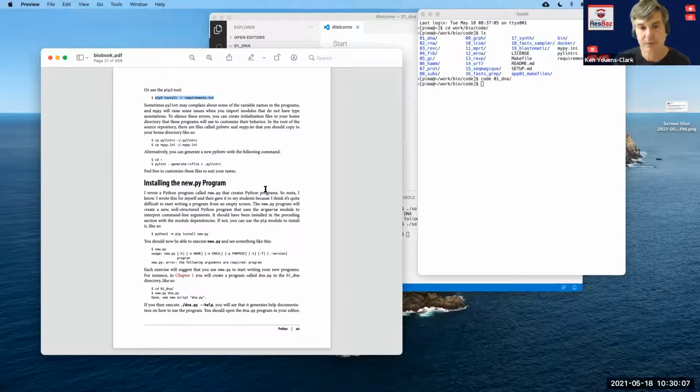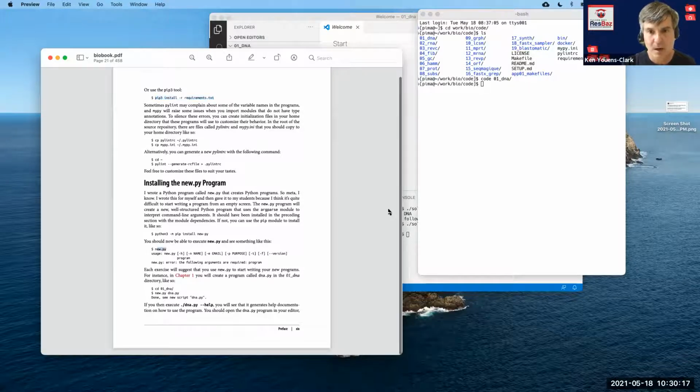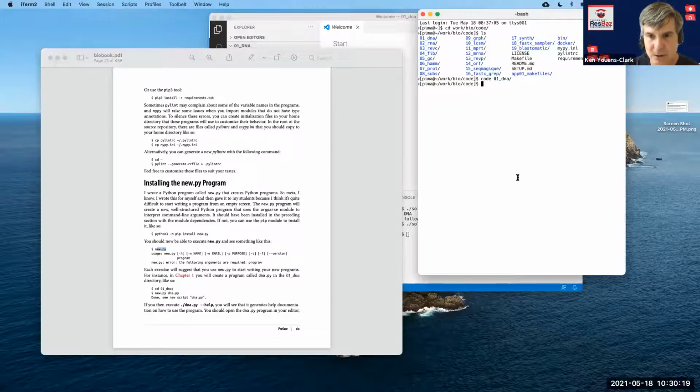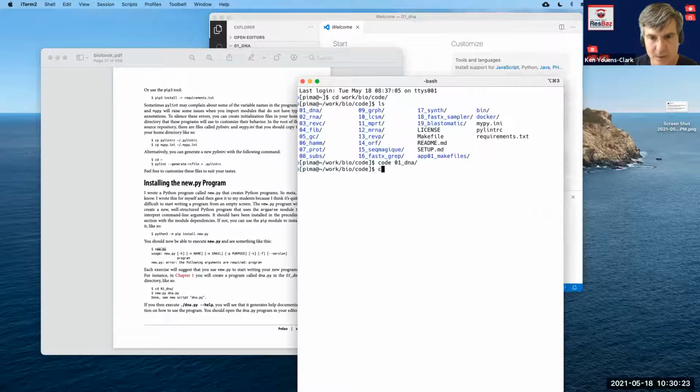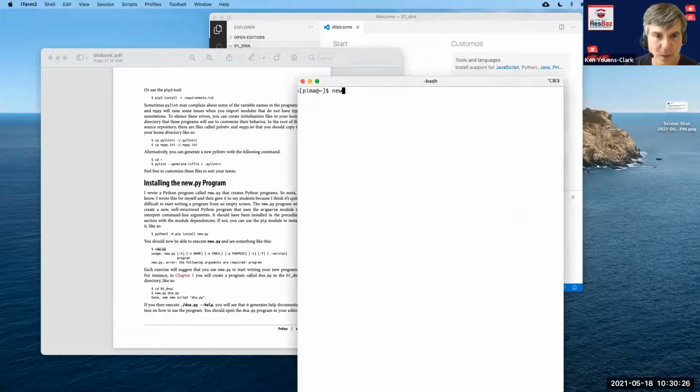So I wrote this program called NewPy that helps you create a new Python program, and you can install it using pip from the command line. And once you install it, you get this program called NewPy. And if I go here on my computer, I'll just go into my home directory for a moment, and I'll say NewPy, and I'll call it RB 2021. And bam, it just created a program for me.